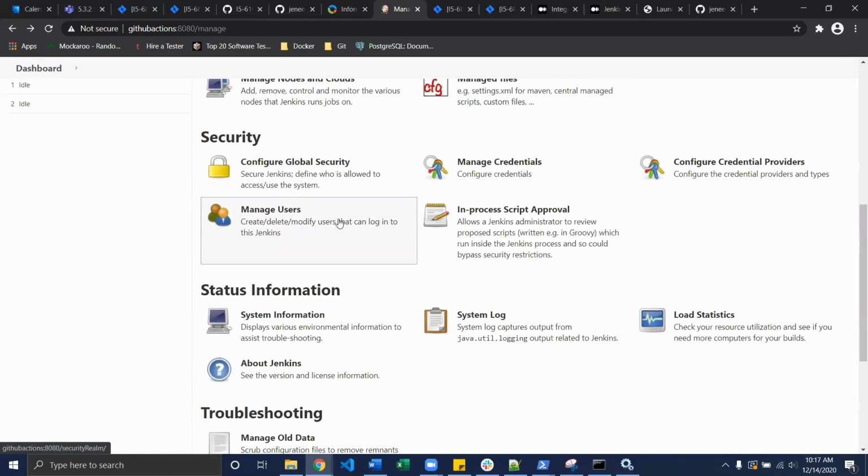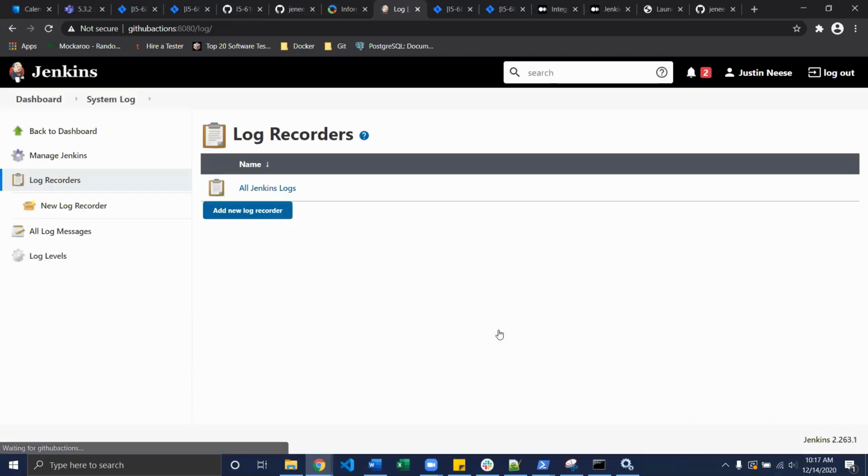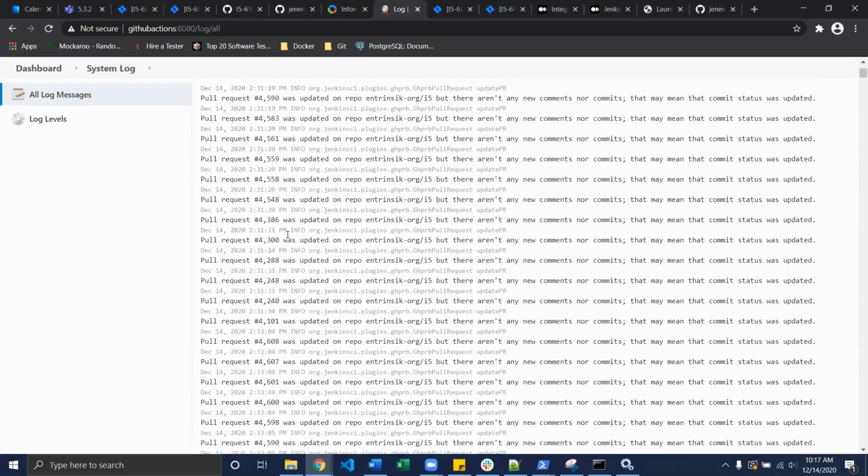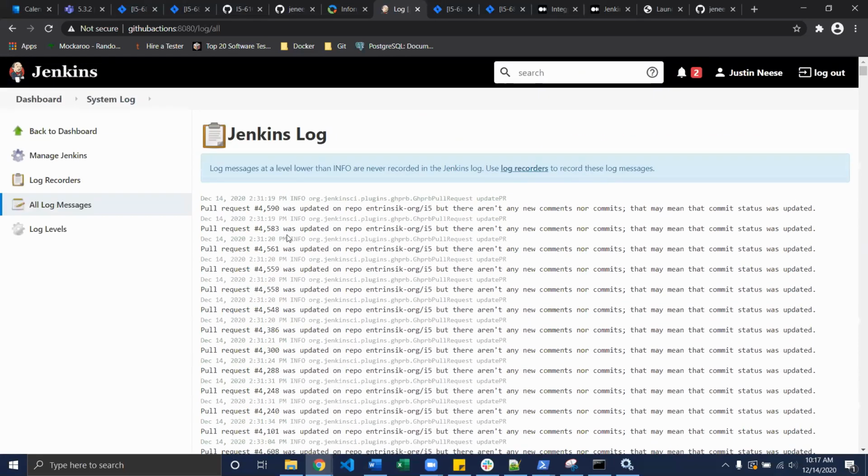But that's where you can manage users, and then the system log is really useful. You can actually see different sorts of feedback reported by Jenkins when a specific job is executing. And so you won't see much here right now just because most of the Jenkins jobs are stopped or paused right now. But for example here,